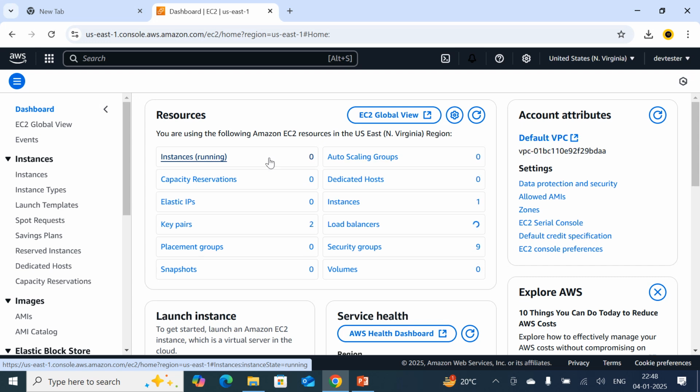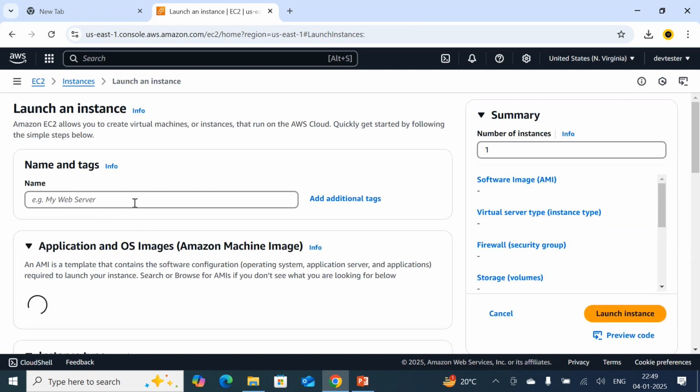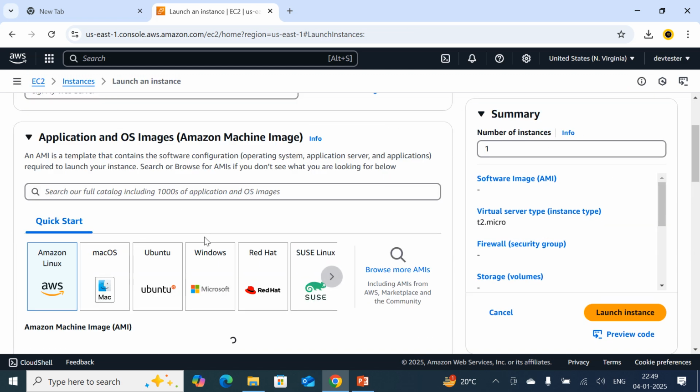Here just check whether I have any running EC2 instance or not. No, I am going to create a 3-node cluster. Generally in real time they are supposed to create a 5-node cluster or 7-node cluster, but this is for lab purposes, so that's why I'm going to create a 3-node cluster. Click on launch instance